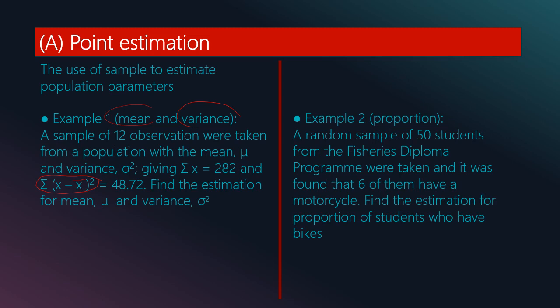So estimation for mean equal to x bar equal to 1 over n times the sum of x, equal to 282 divided by 12, 23.5. I think without looking at the formula, you can use common sense to determine the mean from this data given. And estimation of variance